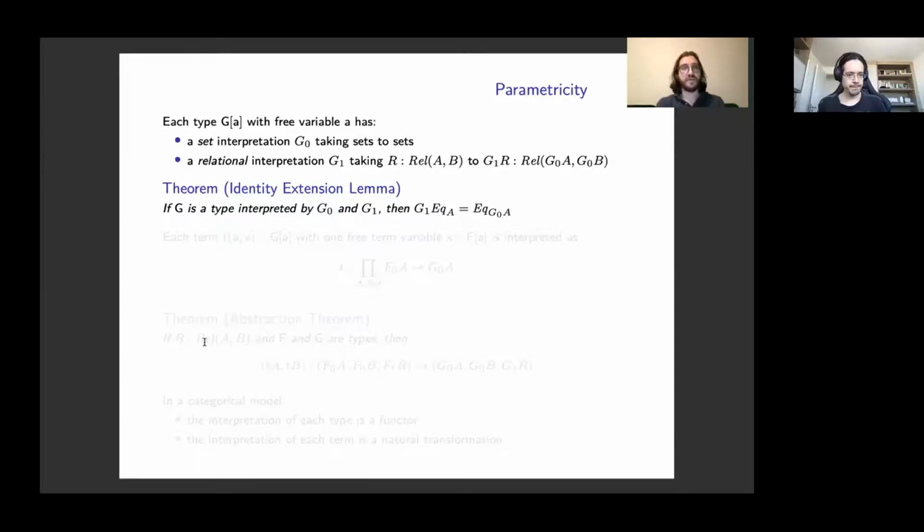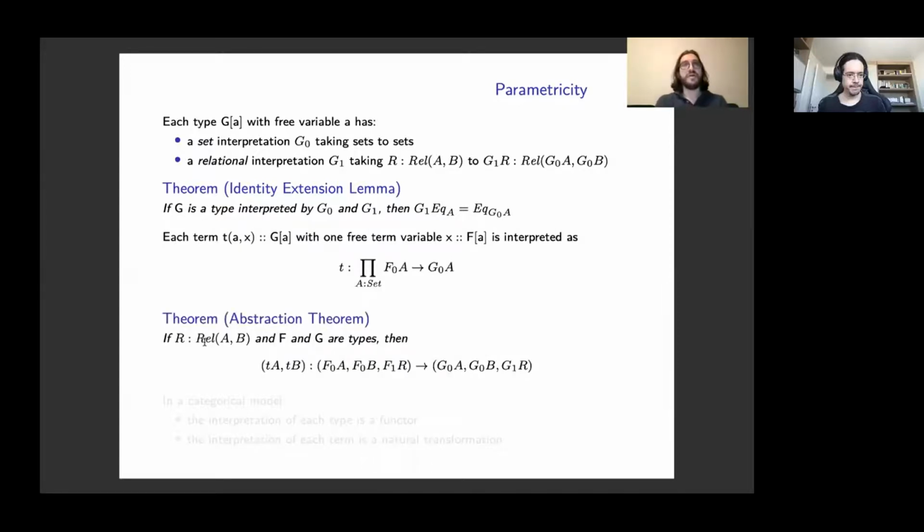For the model to be parametric, it has to satisfy the identity extension lemma, stating that the set and relational interpretations preserve equality relations. Moreover, terms are interpreted as families of functions taking as input the interpretations for their type and term arguments.